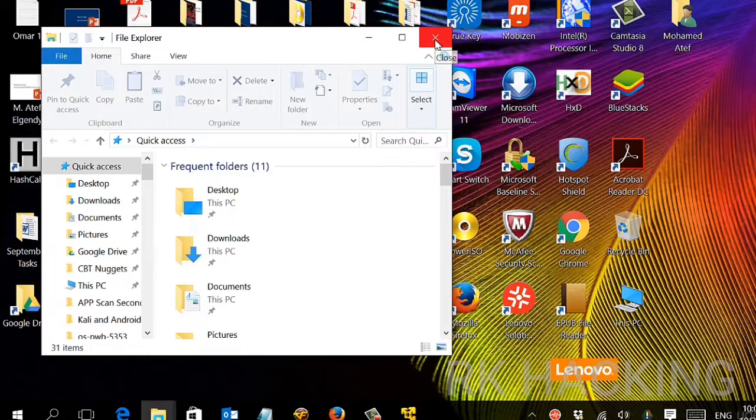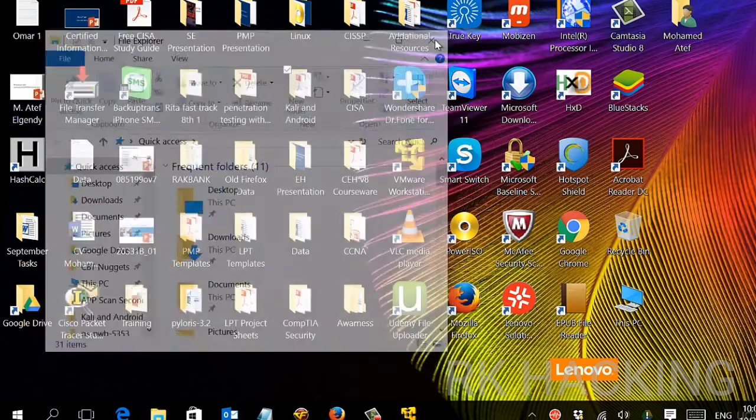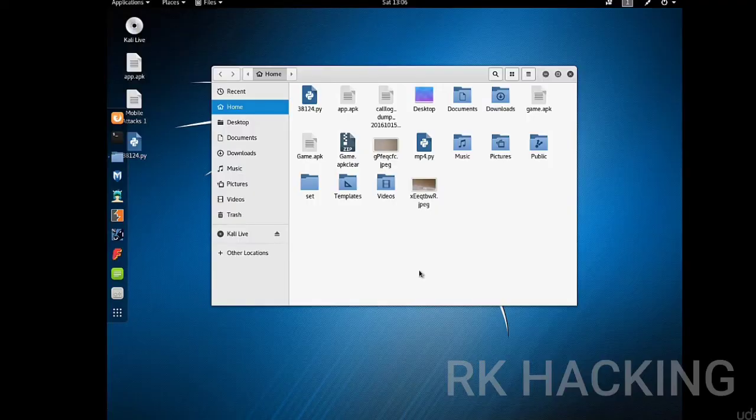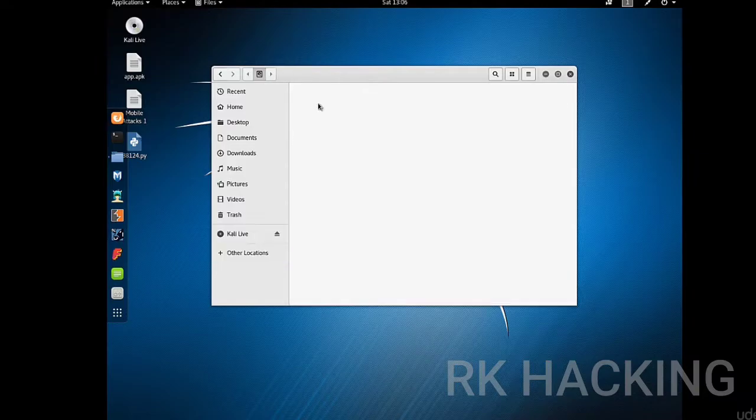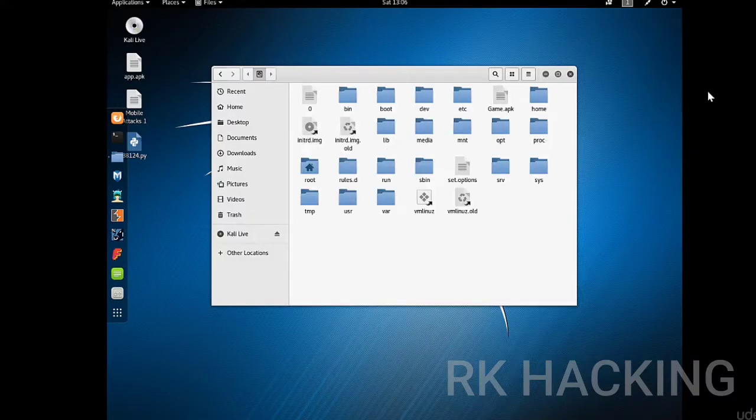So each home folder in Linux or Windows has the same components, but in Linux the main file system is different. If you took my Linux course or my ethical hacking course, I explained this part. Just by going to another location here, to Computer, you will see the structure of the file system, where we have some folders.